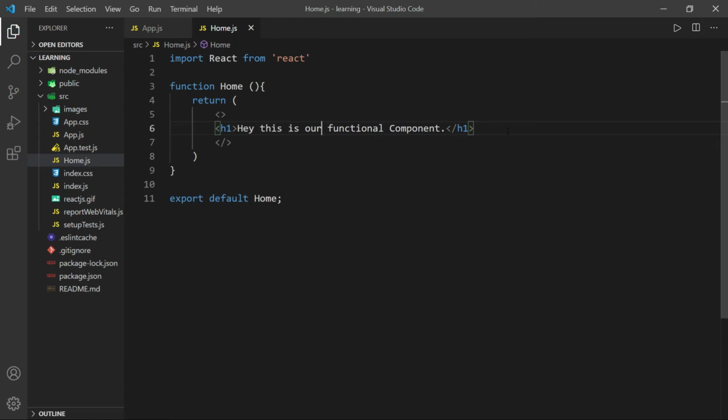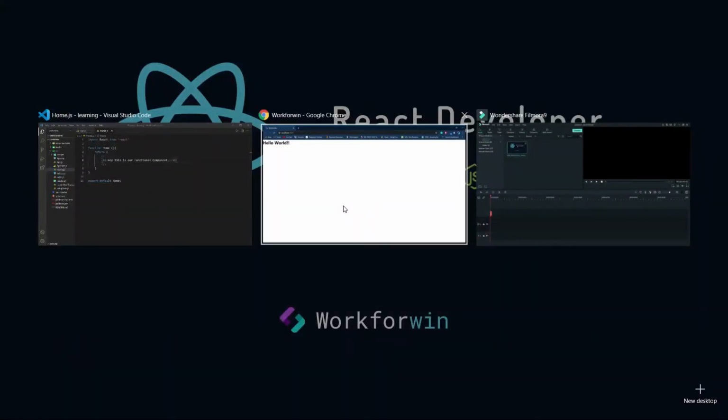I'm sorry if I write any spelling mistakes in the tags, but the main concept that I teach you here is how you can write your code in React. So there will be no error in the code. So now let's see the output which we got by running this component.